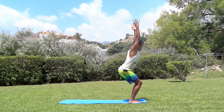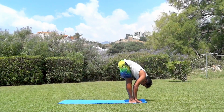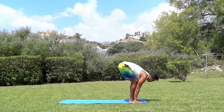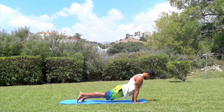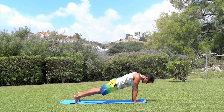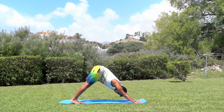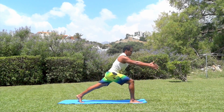And with your next exhale, fold forward all the way down, head relaxes. Inhale, lift your head and chest away from your thighs, lengthen the spine. Exhale, hands down, jump back and lower down, Chaturanga. Inhale, upward facing dog, roll the shoulders up, back and down. Exhale, downward facing dog. Inhale, step your right foot forward, back heel stays off the mat, and reach your hands